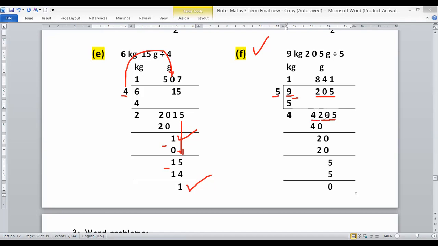Now divide 42 by 5. 5 8s are 40. 2 minus 0 is 2, and shift 0 down. 5 4s are 20. 20 minus 20 is 0. And after that, no need to write 0, and just shift the next digit. The next digit is 5. Divide 5 by 5. 5 ones are 5. That is 0.